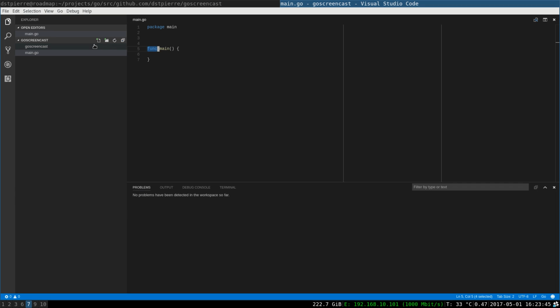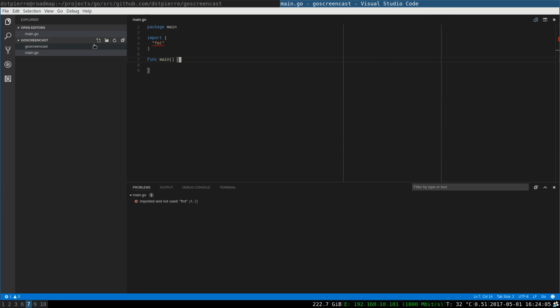Those are our two Go keywords. So I will use import. This is how you import external or even internal packages. I will use an internal package, the fmt package. It is used to format things.